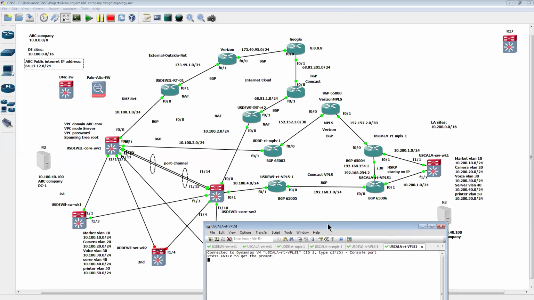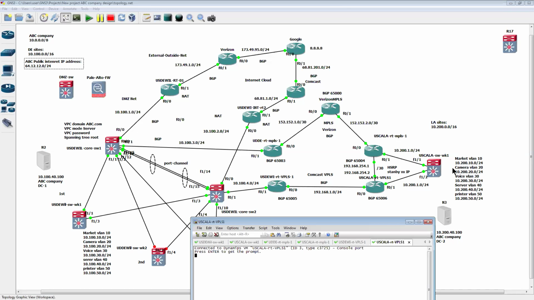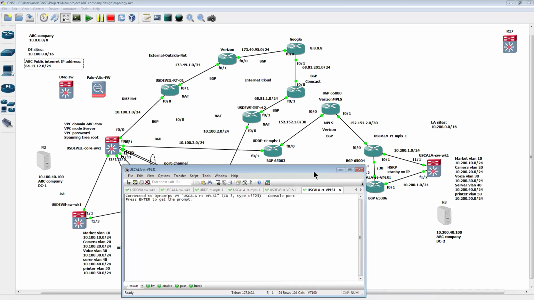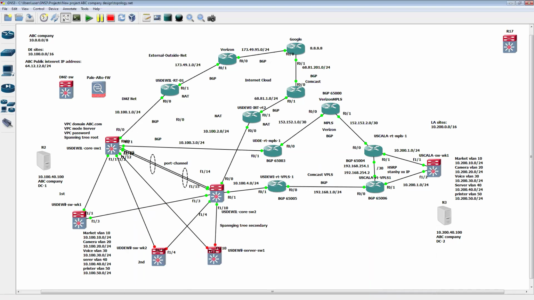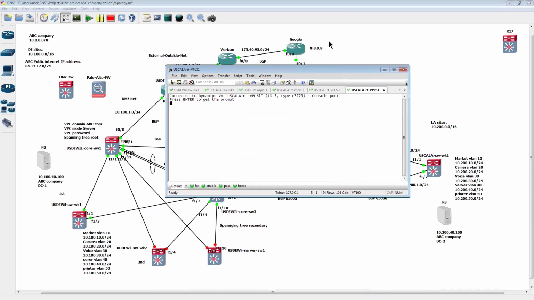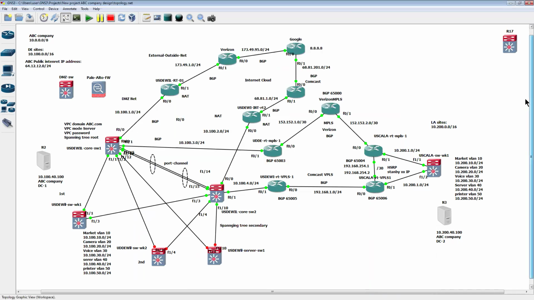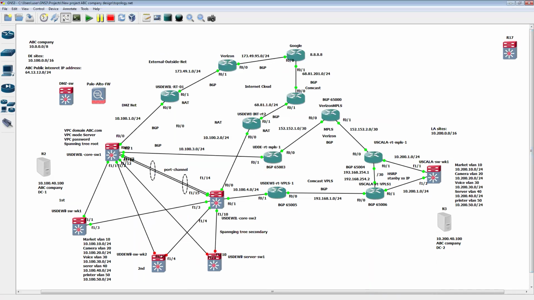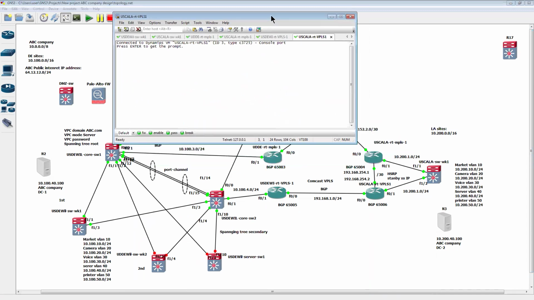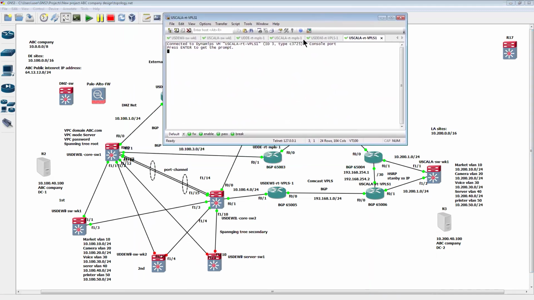Okay, by that time we already confirmed everything, that we can ping this IP address. But now somehow we cannot ping to here. So if we go back again, let me move this up a little bit so you can see better. All right, now if we go back to the remote side, this is the